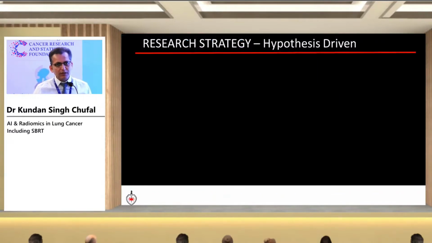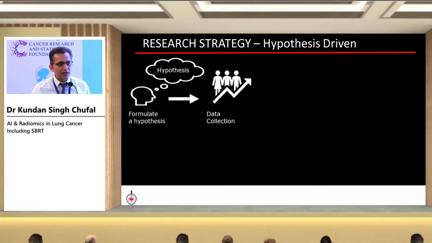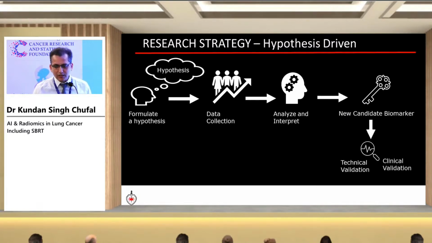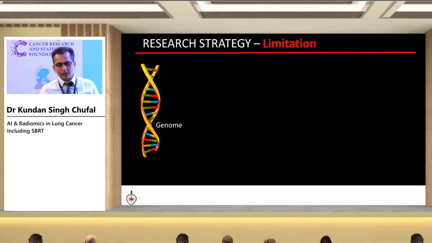So the very basic question: how do we actually make a research question for any sort of AI based or radiomic based approach? Conventional teaching is we formulate a hypothesis and then we do data collection and then we analyze and interpret it, and then probably we get some sort of a new candidate biomarker, and then we do a technical and clinical validation of it. But it has its own limitations,